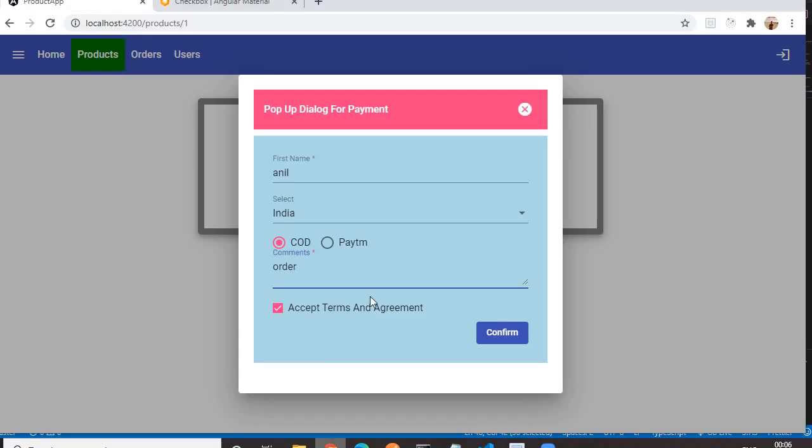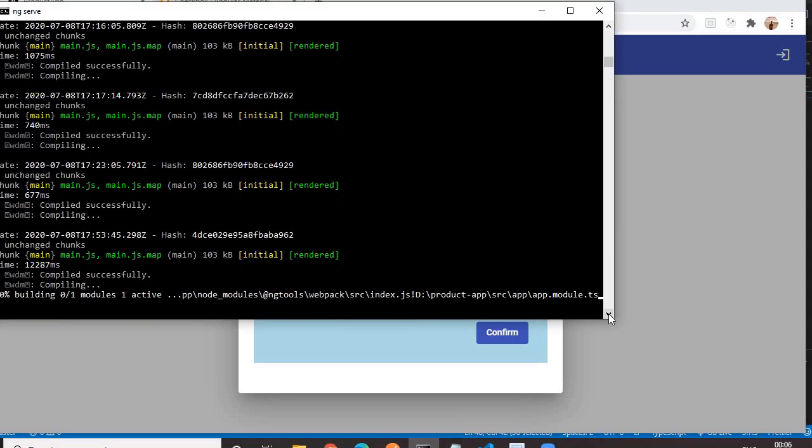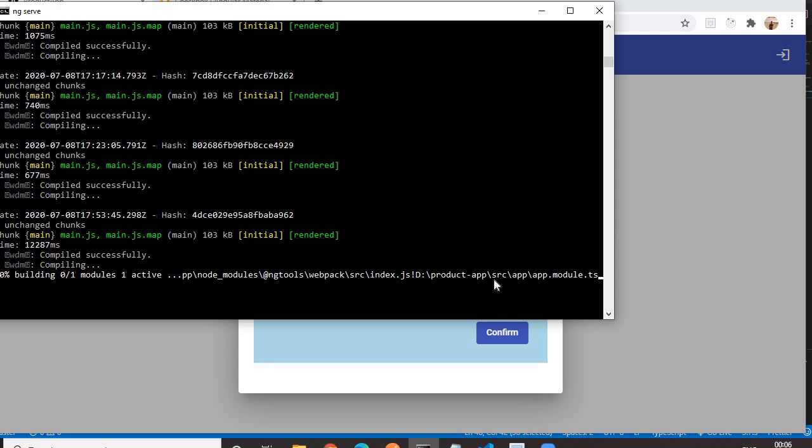So we'll go to our code. Why is it not? Oh, it is building. My net is slow. It is taking some time. So let's wait for it to complete 200%, so that our code will be reflected. Updated code. Okay.